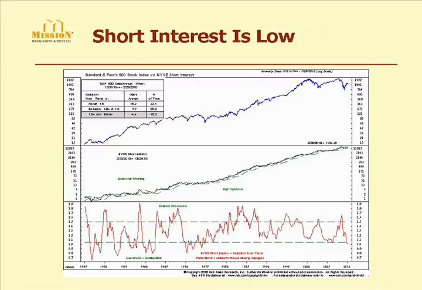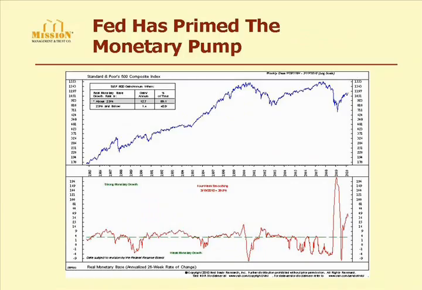Page 17 shows that the Federal Reserve is doing its best to provide the fuel to keep the economy and the markets rallying. The Fed has primed the monetary pump, and it shows how strongly the Fed has grown the monetary base compared to any time in the past quarter of a century, which is essentially the time scope of this graph. And clearly, one of the things you have to look at with all of these graphs, and I'm not making a point to point it out because it would take us forever to go through some of these things, is